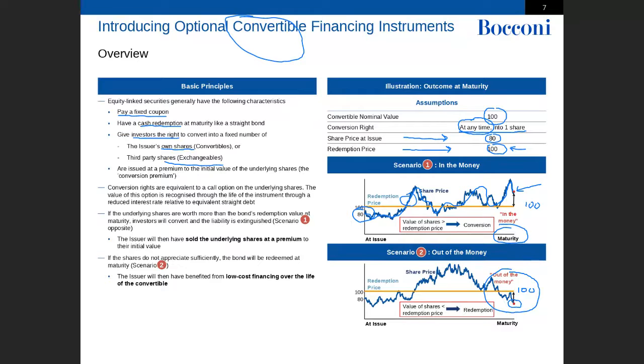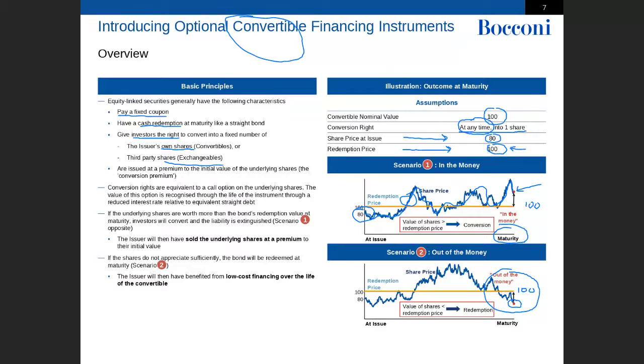because there is no point to convert the shares early, because at the end of the day, you get long of shares immediately, and if the price then goes down, you materialize a loss. You are better off, as we have seen in the rights issue, retaining the option until maturity, because you retain all the optionality embedded in the instrument. So at maturity, but it's no force, it's an option that you have. And at maturity, basically the investor has the possibility, if he's in the money, to convert, or if he's out of the money, to not convert and get the money back as a bondholder.